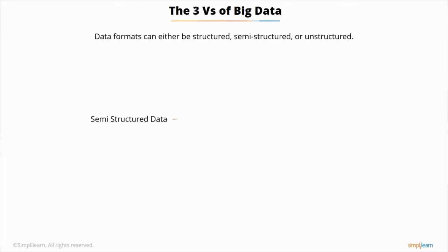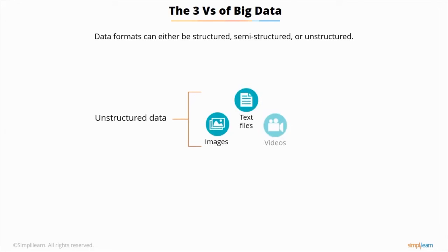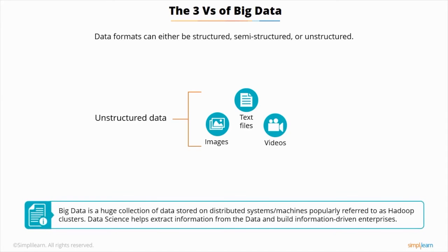Semi-structured data are usually in the form of files like XML, JSON documents, and NoSQL databases. Text files, images, videos, or multimedia content are examples of unstructured data. In short, big data is a very large information database usually stored on distributed systems or machines popularly referred to